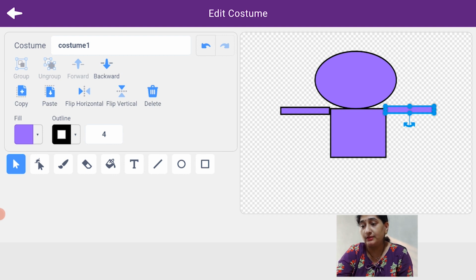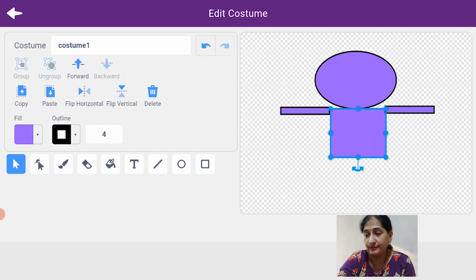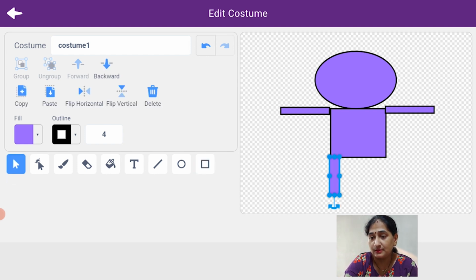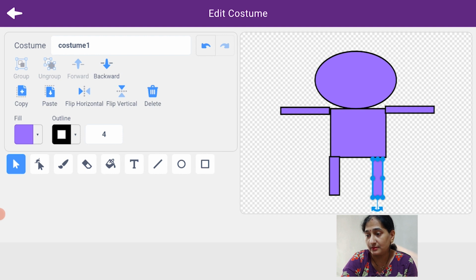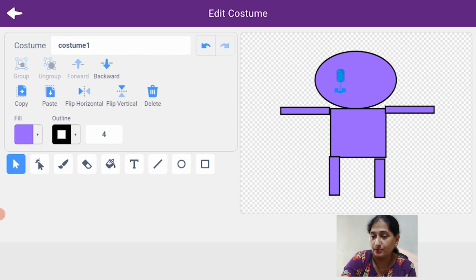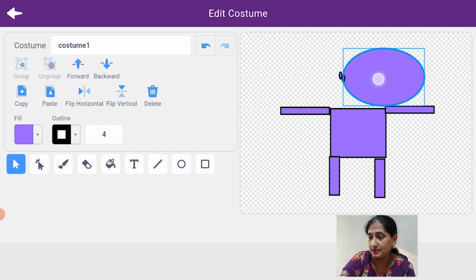Similarly, you can draw the legs. Select it, copy, paste, and the second leg is ready. Now I can draw the eyes. Select it, copy, paste the second eye.